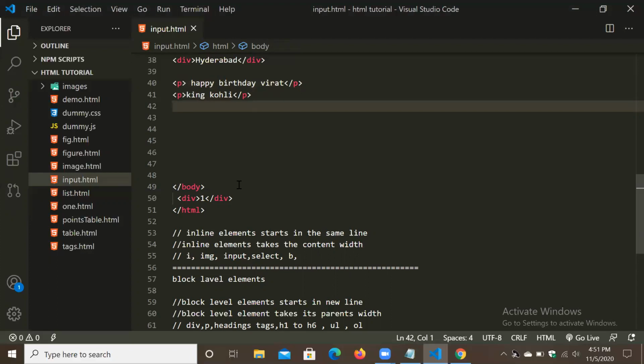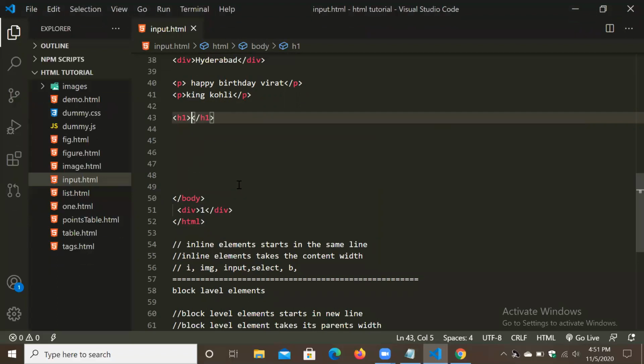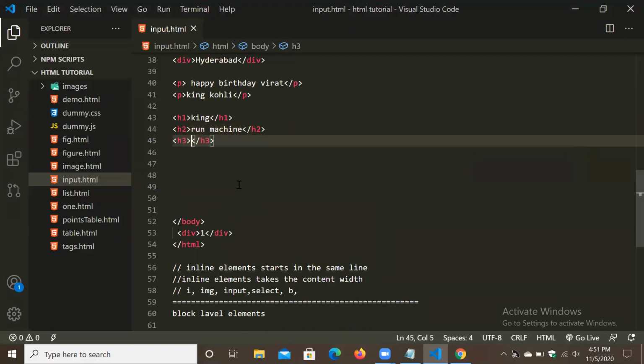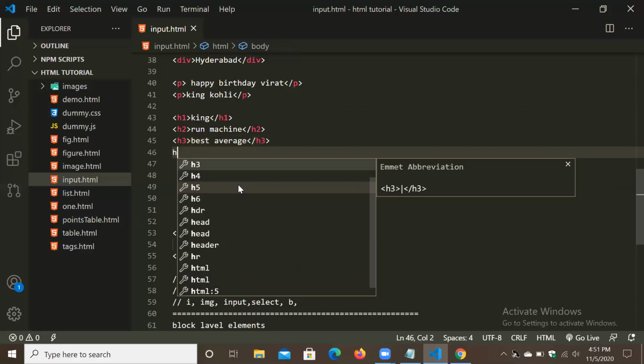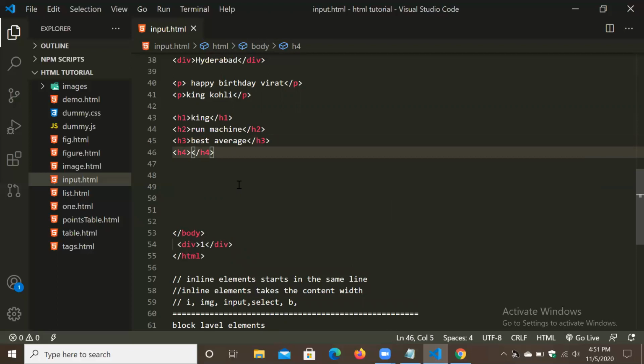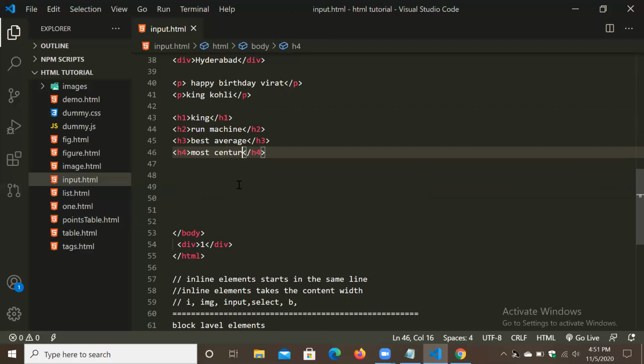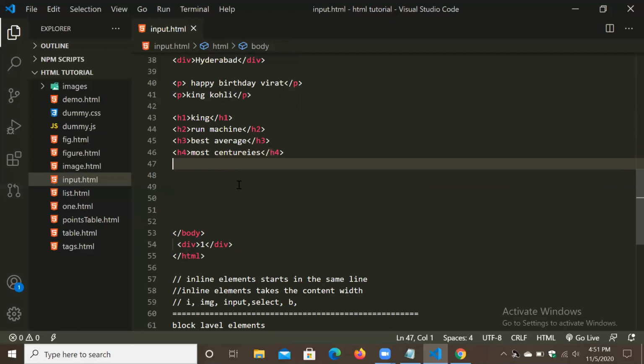Next thing, we can take heading text. h1 like King, h2 like run machine, h3 like what is the best average, h4 like most centuries in current time.